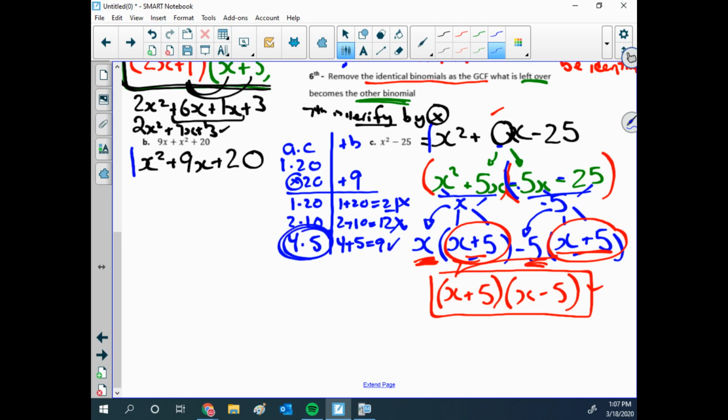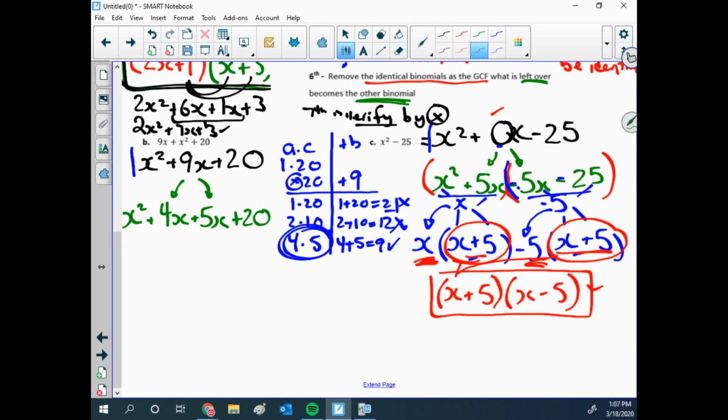I'm looking to break my middle term with the variable into those two numbers. So I would split this up to become positive 4x plus 5x. Again, I can do that because I didn't change anything. I just changed the way that it looked. It's still an equivalent expression. Everything else